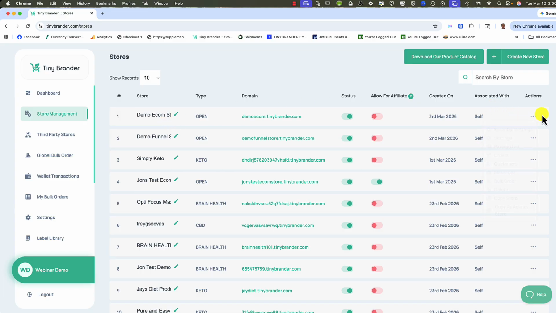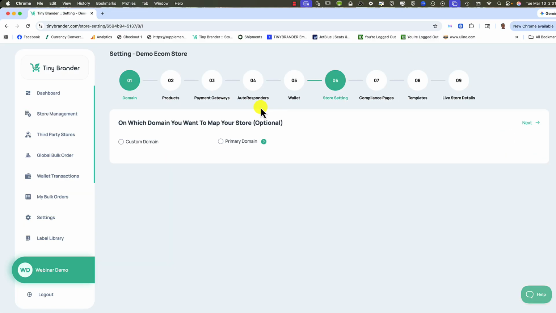on the right-hand side. If you can't see those three dots, as always, if you look to the left-hand side of your store around here, you're going to see a green plus icon. If you click that icon, those three dots will appear. Hover over them and hit Settings. That is going to bring you into this screen, and you want to go to step number 6, the store